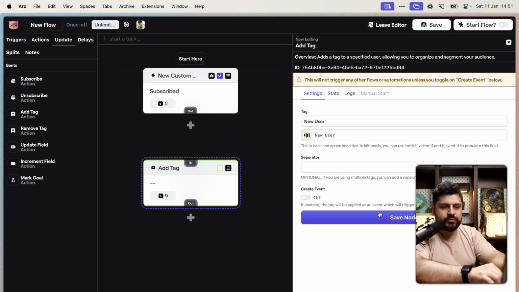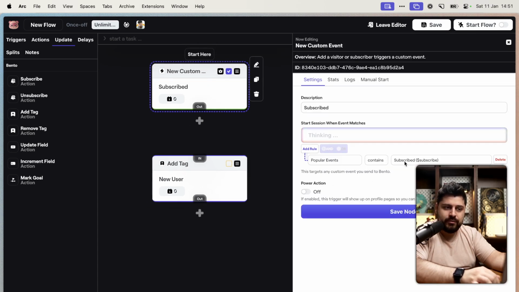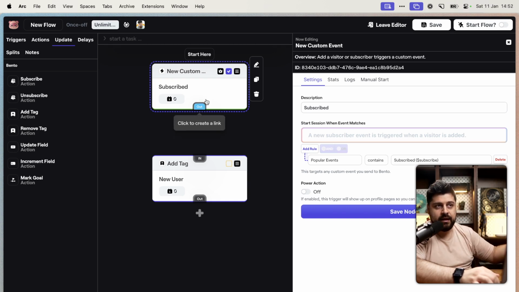We can add a new user tag, and then based on this tag, we can do certain things. For example, we can know that this person is a new user, and we can filter and create rules around the tags they have. So for example, here in my welcome sequence, I can check if they are already getting the welcome sequence, and if they are, I shouldn't send it again. If they aren't getting the welcome sequence, I can add people to that welcome sequence, and that makes life a